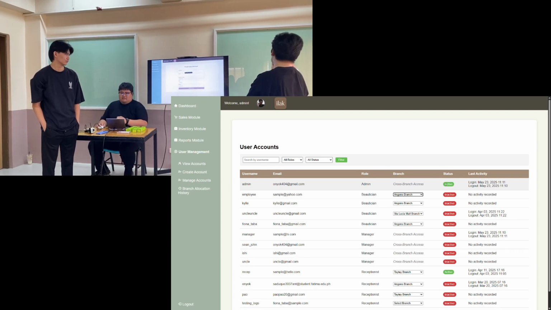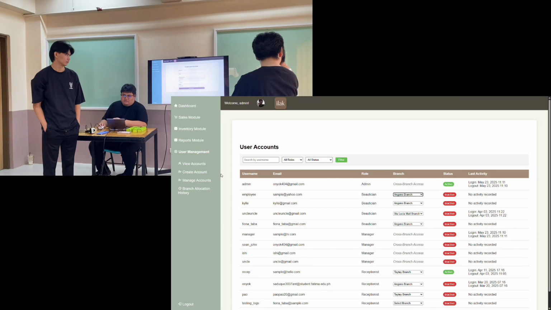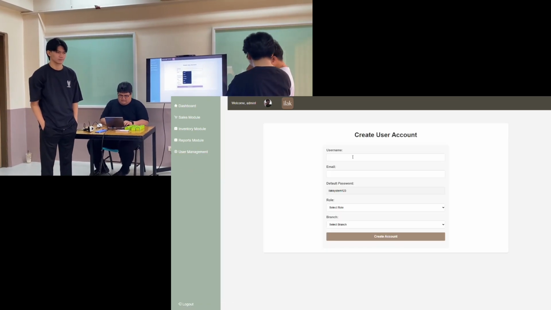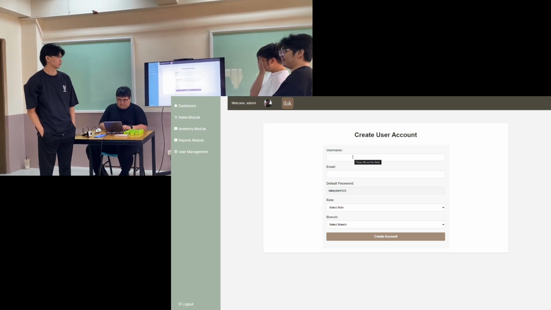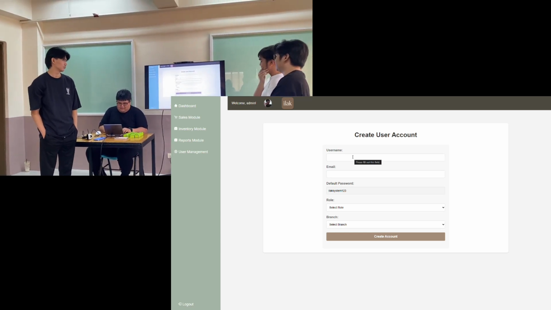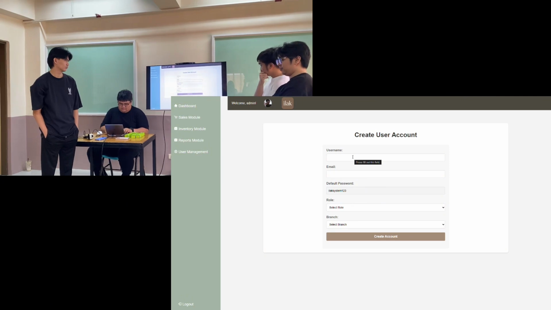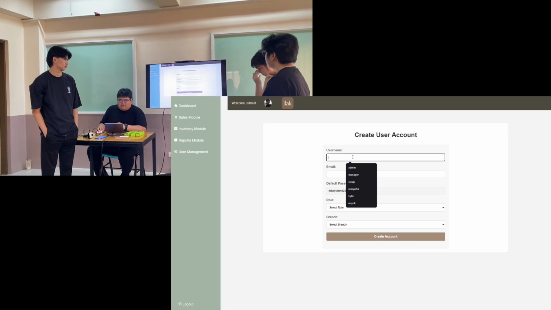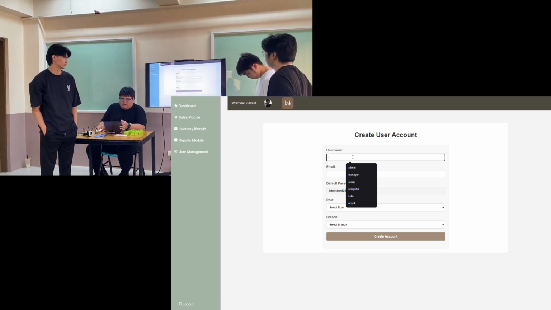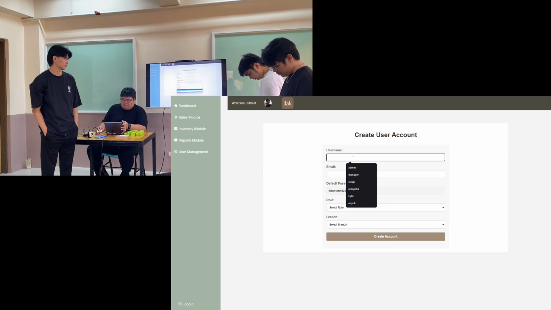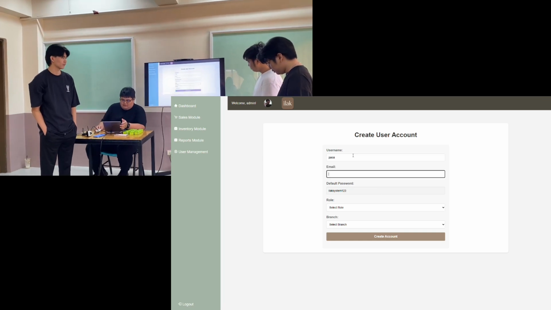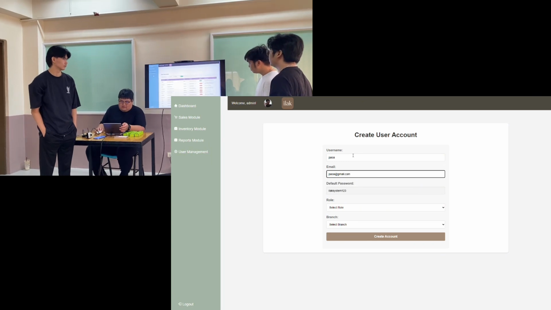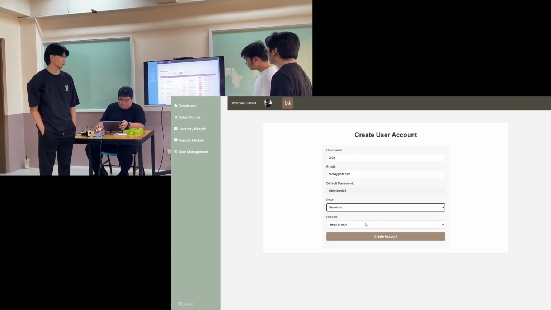This module creates a new user account for a staff. So for example, we will create a new account. Email is the default password, we cannot change it. And then role, beautician, manager, and receptionist, and we go to beautician. And then the branch, Santa Lucia, then create. And then here, the manage account.